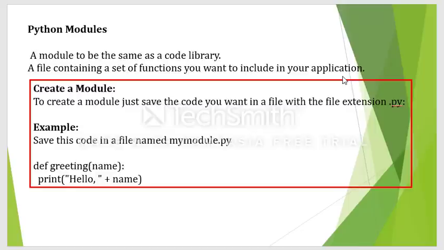To create those kinds of modules, the only thing you need to do is write them simply as how we write functions. It is the same concept as functions. There is nothing new here. There is no other syntax for modules. It is the same as functions, but you need to save that file with the .py extension.